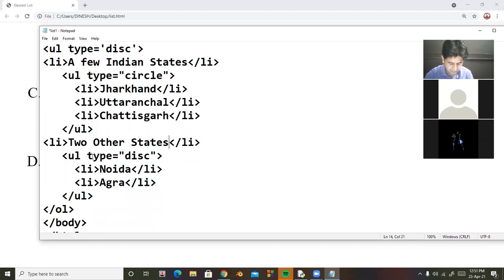Then I again start unordered list, type is equal to circle, then LI West Bengal, and Karnataka. So the nested list is closed, and the main list is closed.